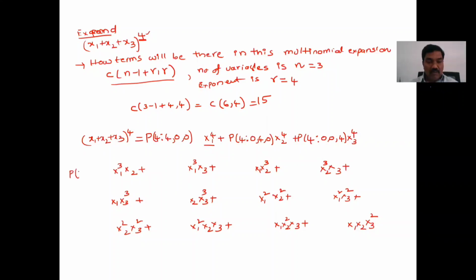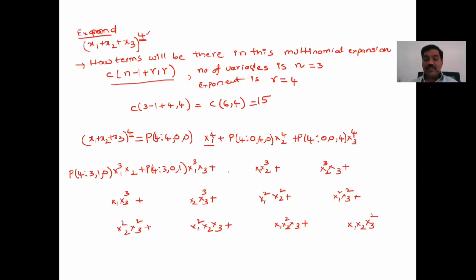And for this, now in this we have x1 term and x2 term, x3 term is not there. So how do we write? P of 4 colon, always it is 4. Why? Because it's multinomial power 4. So you write 4 colon. Then here x1 power is 3. So write 3. x2 power is 1 and x3 is not there. Therefore it is 0. So these are the coefficients. Similarly, what is the coefficient of this? P of 4 colon 3, 0, 1.